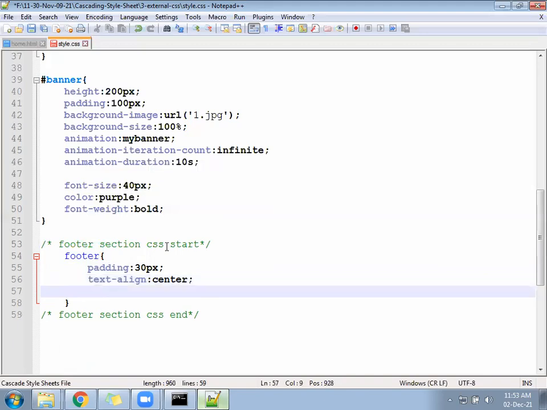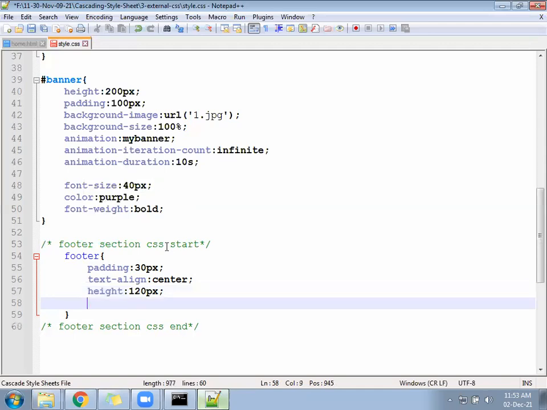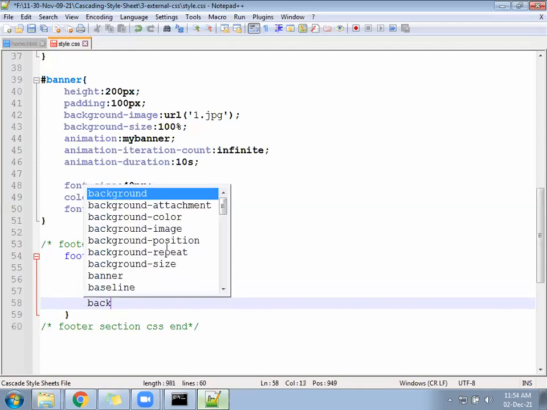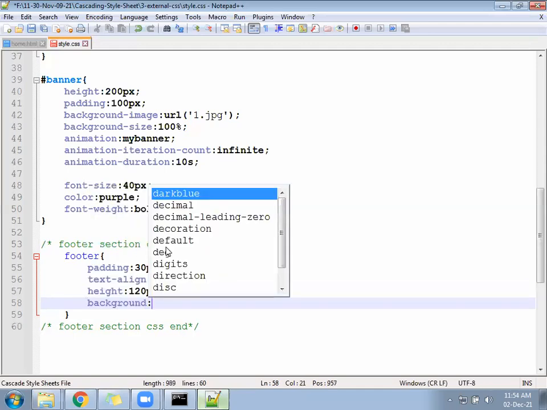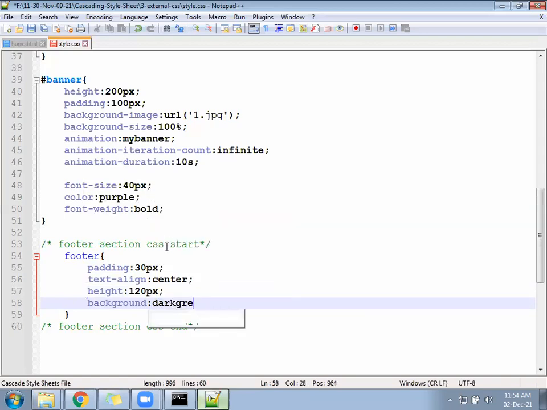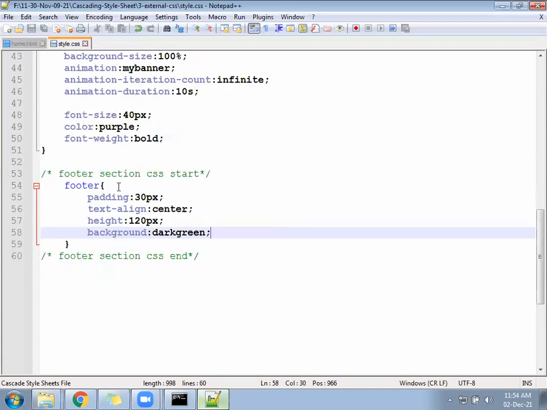Then height of the footer, 120 pixels we can give. Background of the footer, dark green color. Padding, text align, height and background.